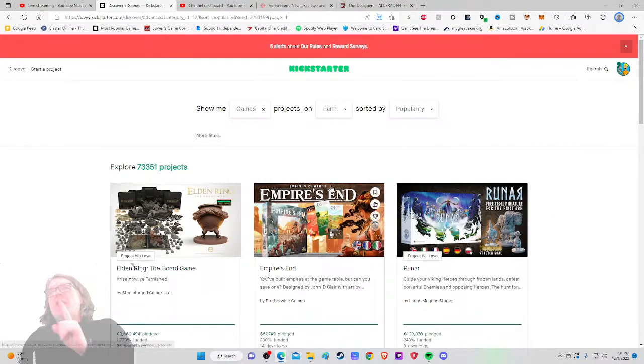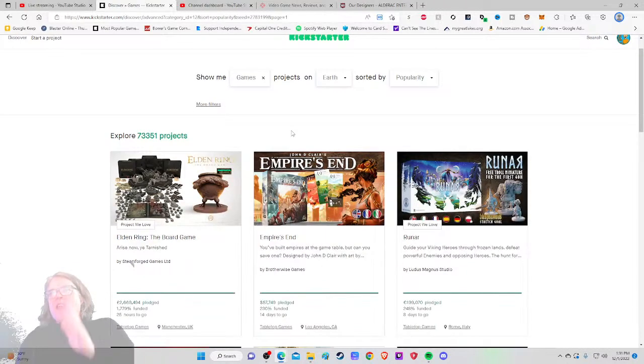Today I am very excited to be checking out the second most popular project in all of Kickstarter right now, or games, excuse me. That is John D. Clare's Empire's End. You've built empires at the game table, but can you save one? Designed by John D. Clare with art by...